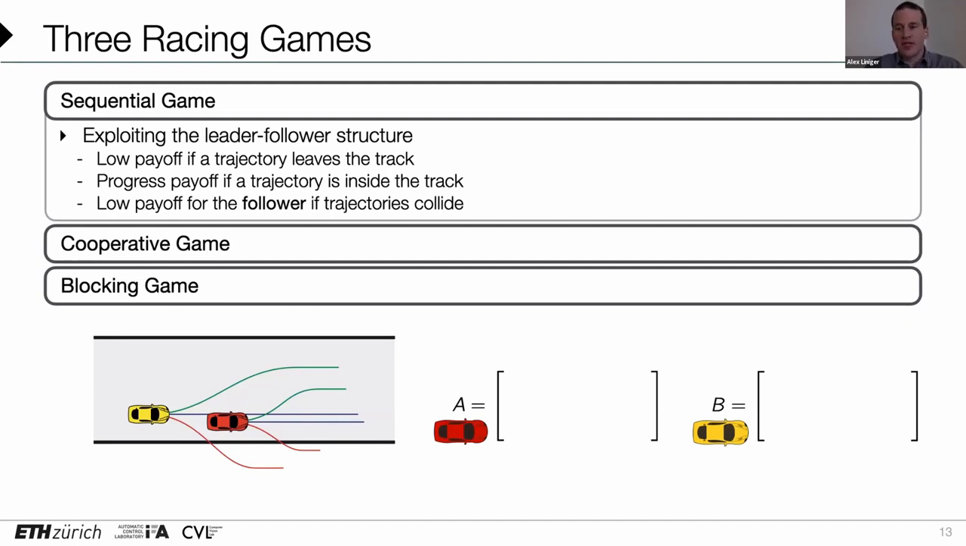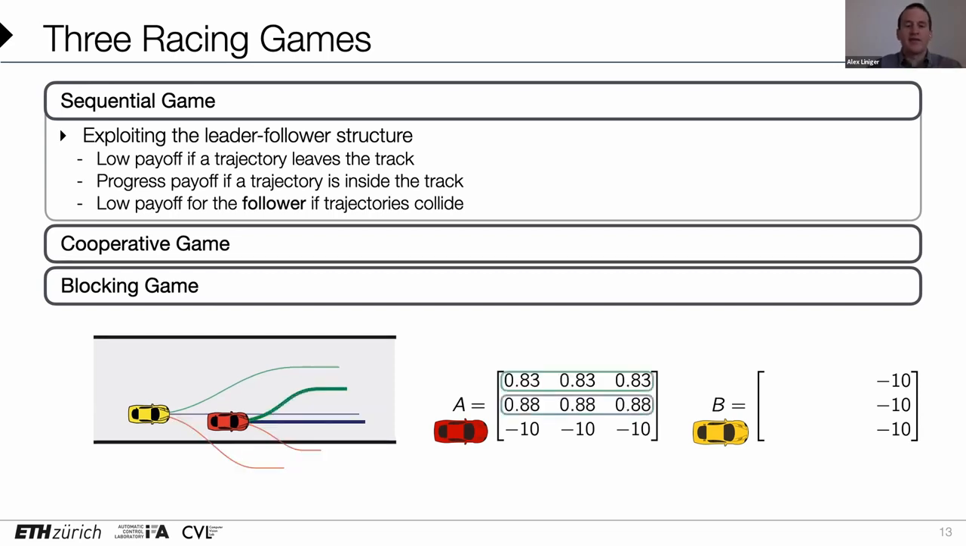If a trajectory leaves the racetrack, the agent gets a very low payoff. In this case, -10. As long as it's negative, it's fine because the progress is always positive. And now, the leader will get a payoff depending on its progress, as long as it stays inside the track. And then the follower is a bit different. The follower still gets the payoff depending on the progress, but